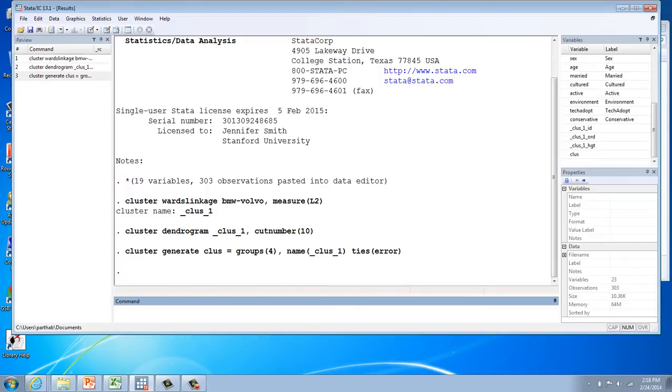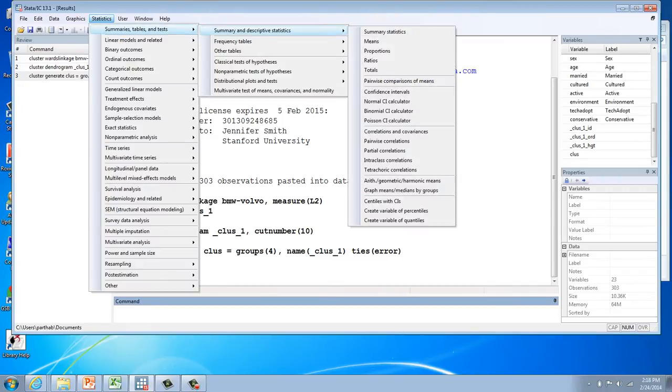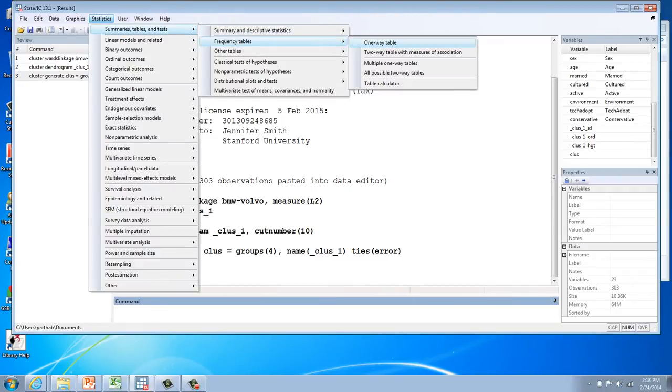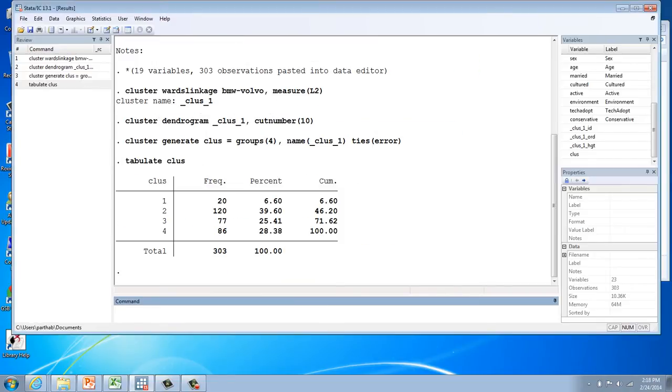Next, we go and find some characteristics and means for these various groups. So we go to summaries, tables, and frequency tables, and to one-way table. Our categorical variable will be class. So this is the answer, and so you can see that the frequency of the various clusters are given in this. To further understand the features of this group,